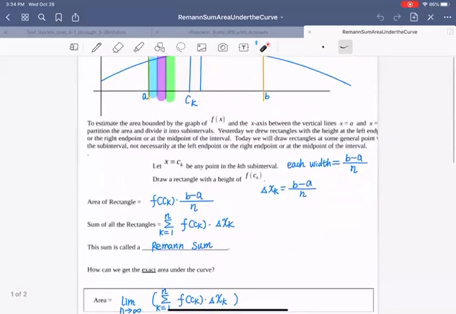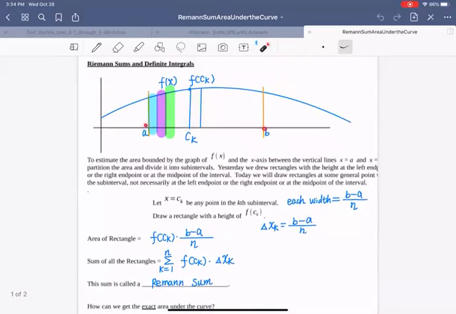So if we say we split from A to B into n equal pieces, okay? And each rectangle has width delta x, which is B minus A divided by n pieces, all right? So each rectangle's area is going to use the height, which is f of ck, or f of xk. This value is called ck or xk, doesn't matter. Then this height is going to be f of ck, right? The height times